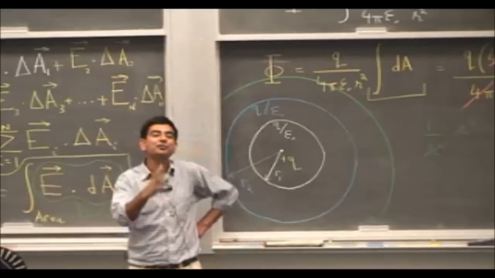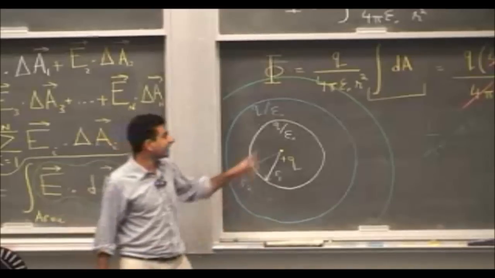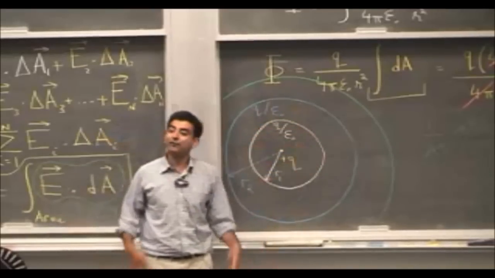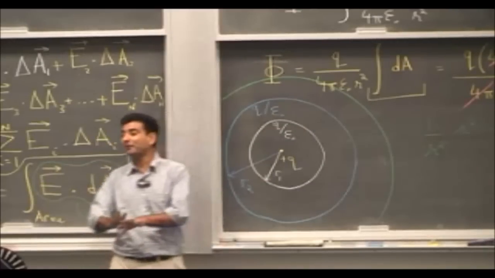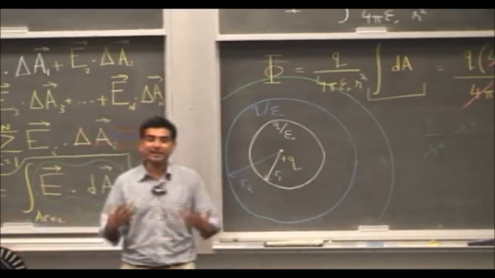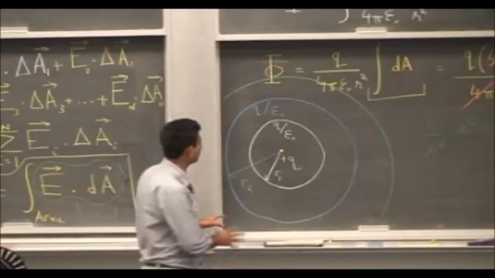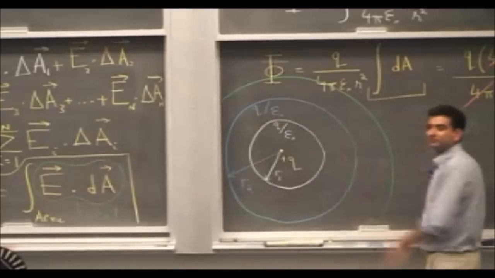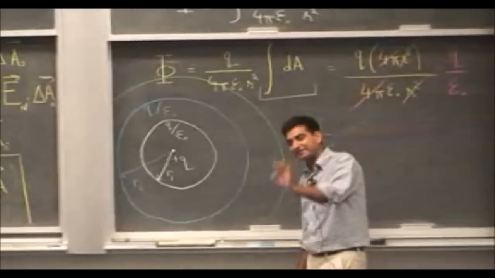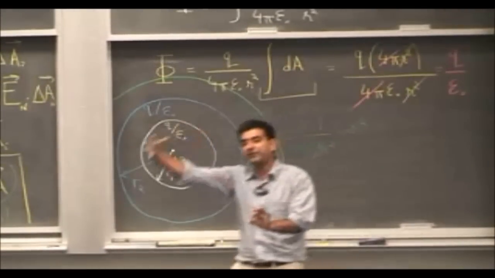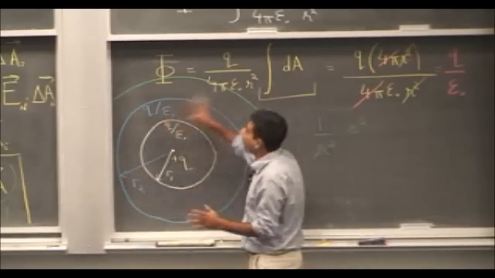Question. If Coulomb's law were incorrect, if we did not have an inverse square law dependence, would the electric flux through a surface depend upon how far you are from the point charge? Yes. If Coulomb's law were not an inverse square law, if electrostatic interactions were not 1 over r squared dependent, then the flux through the surface would depend upon how far you are from the point charge. So the beauty of Coulomb's law is that it's an inverse square dependence, and that makes the flux piercing through this surface independent of r.